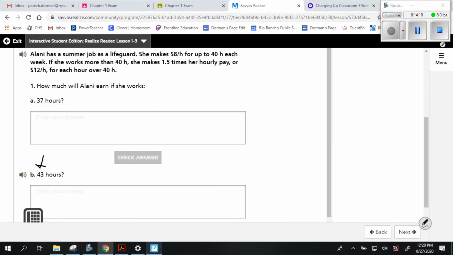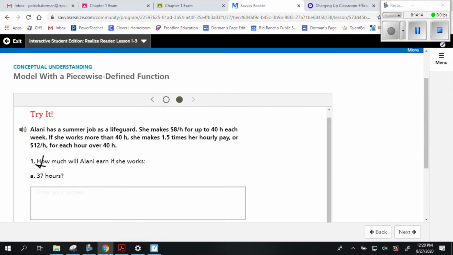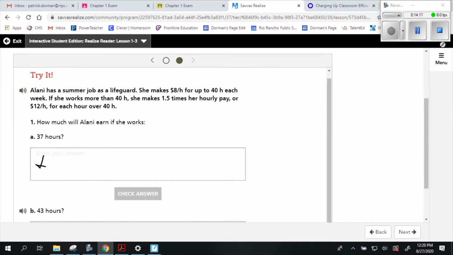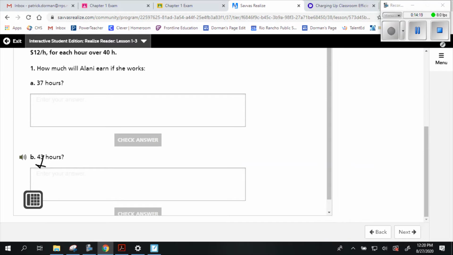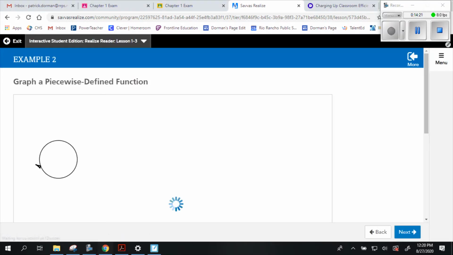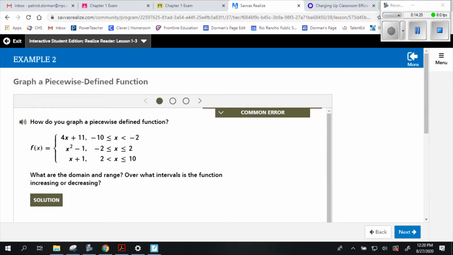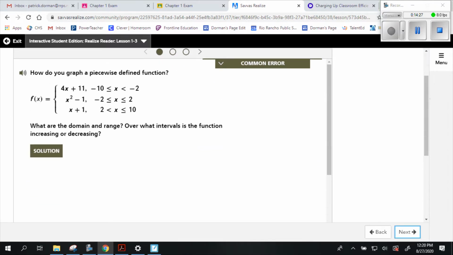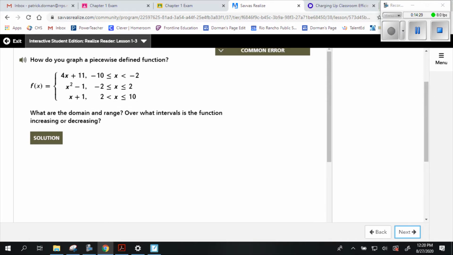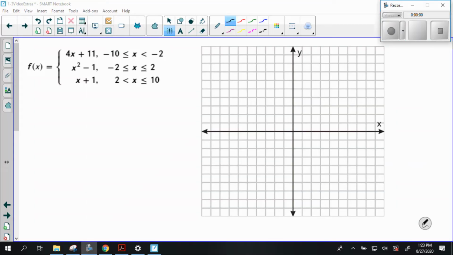Let's move right along to example number 2. So now we're going to graph a piecewise defined function, just like we had there. Let's go ahead and get out our handy dandy SMART Notebook. Take a look at that. So let's go ahead and graph these. Let's first choose some appropriate units